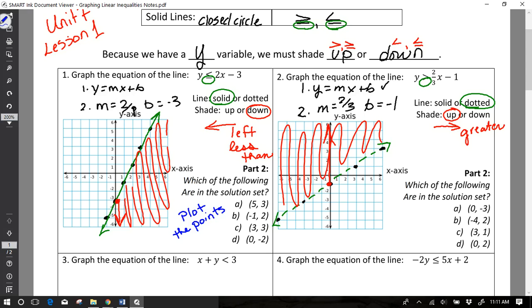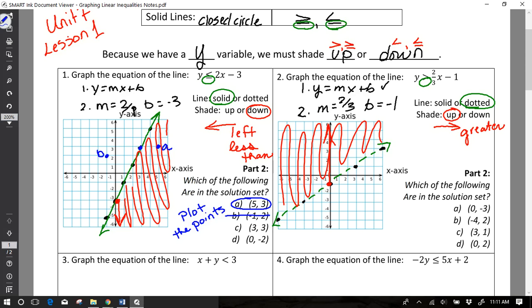So over 5, up 3 is A. Left 1, up 2 is B. So A is definitely in the shaded area where you see red. So A is a good point. B is definitely outside of that shaded region. Okay. C,